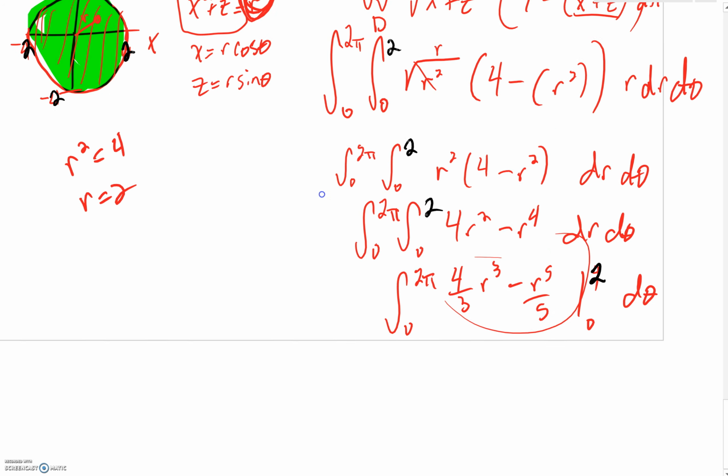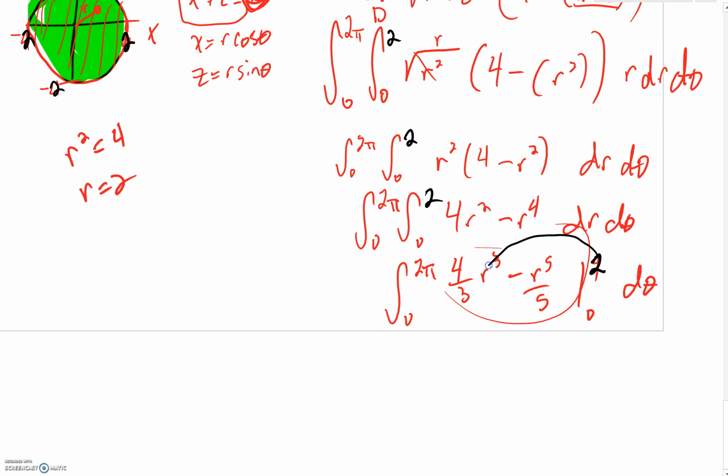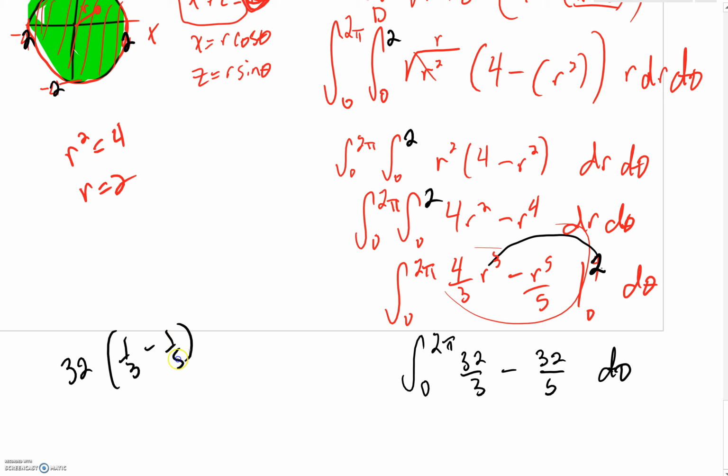So sorry about that. When we plug in a 2 right here, 2 cubed is 8. 8 times 4 is 32. That's 32 over 3. 2 to the 5th is 32. That's 32 over 5. And we can real quickly just factor out a 32 and get a common denominator. That's 5/15 minus 3/15. That's 2/15 times a 32. So that's 64/15 that we've got right here. And then finishing up, you should get